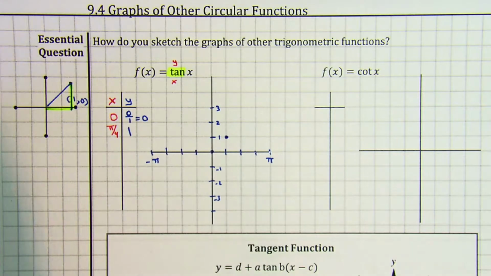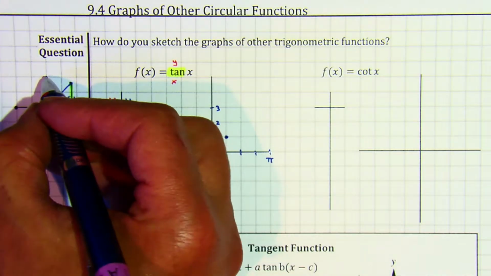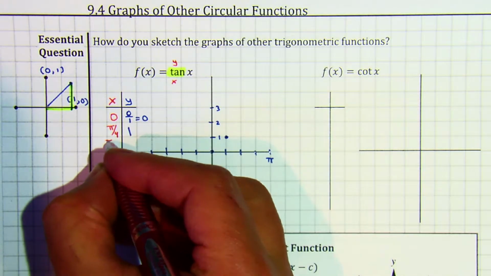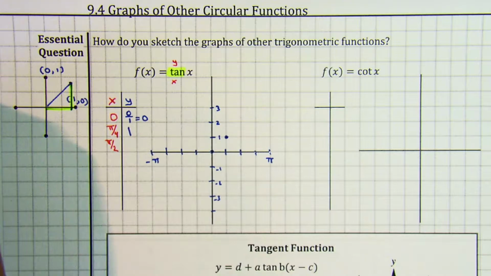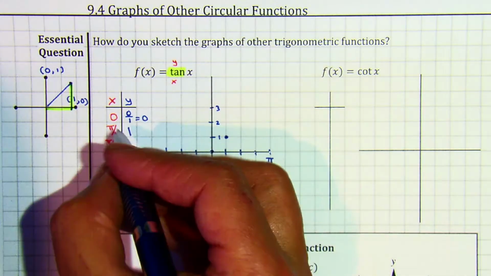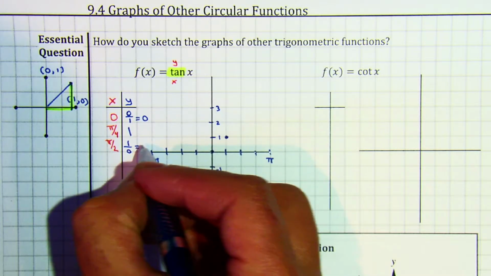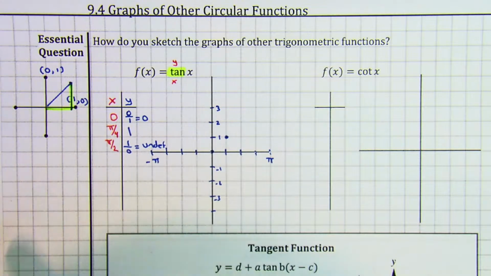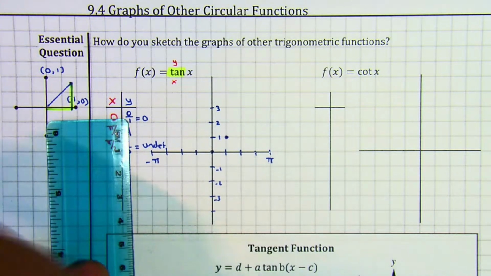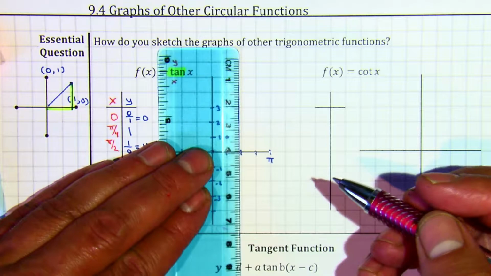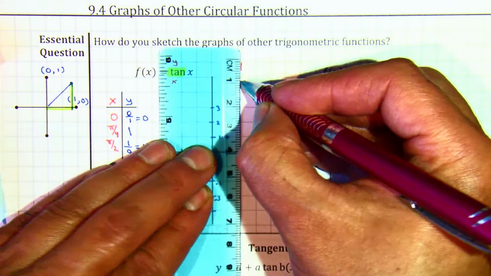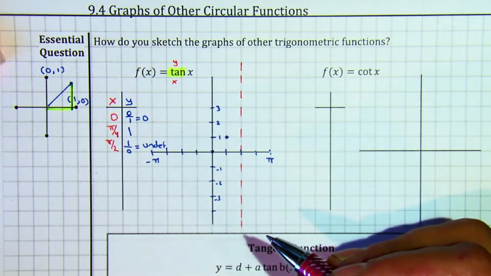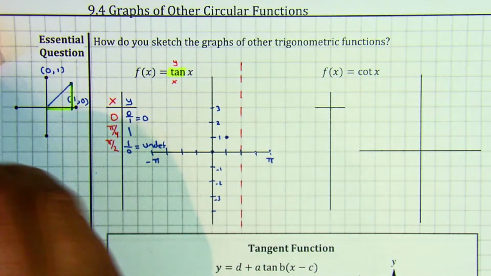At pi over 2, the location of this point is 0, 1. So therefore pi over 2 is y over x, so it'll be 1 over 0, which is undefined. That's going to create an asymptote, the same way that we've seen in other graphs, rational expressions. That's going to create our asymptote. And now we can continue to